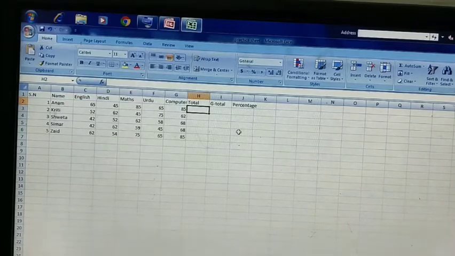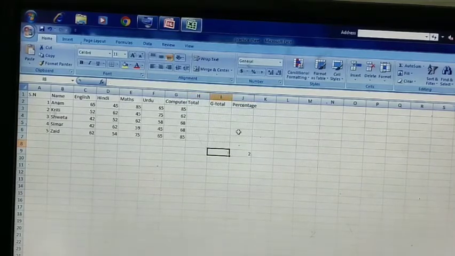Formulas are used to perform calculations involving addition, subtraction, division and multiplication. As I told you, in Excel we perform the task of calculation, and for every calculation we need to use some formulas. Even if the values are 1 and 1 and we need to calculate them, for this small value we need to use a formula. If I enter 2, it will not be accepted as a total of this value. It will be assumed as a new value. So in Excel, whatever calculation we perform, we always need a formula.